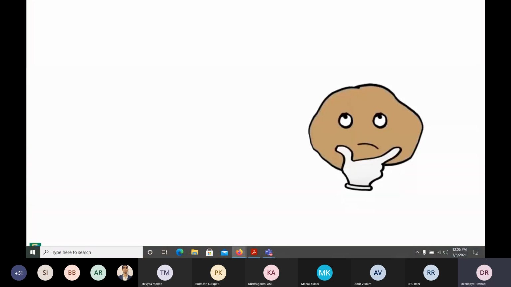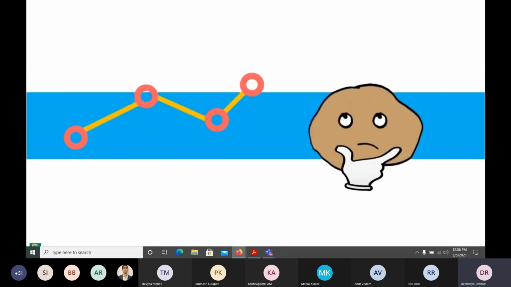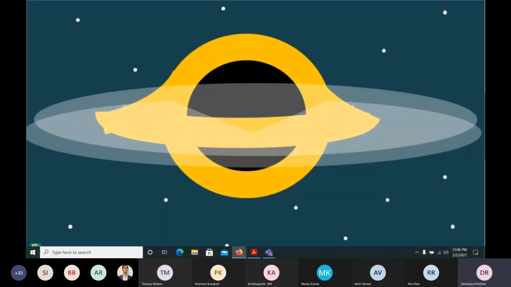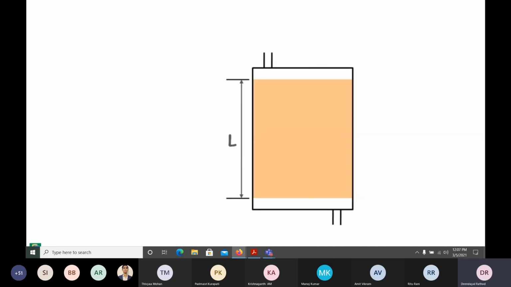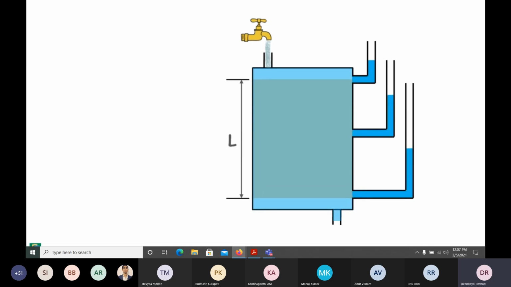To understand the flownet, let's begin with analyzing one-dimensional flow before jumping into the multidimensional space. Let us consider a soil sample of length L and put it into a glass cylinder. We attach the top of the cylinder to the water source and let the water flow through the soil and exit from the bottom. We also attach a few piezometers at different depths. We can observe the flow of water occurs vertically downward under a head difference of, say, h.